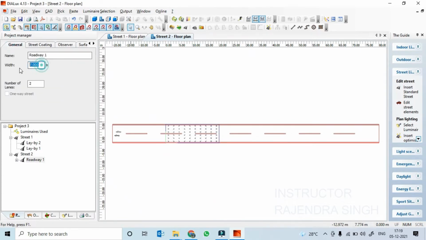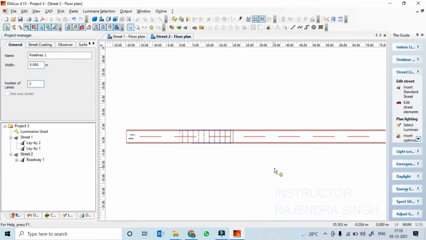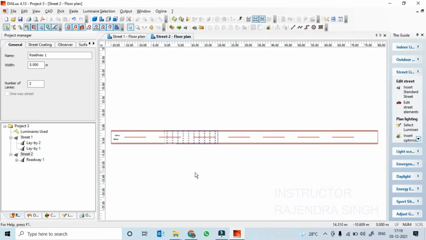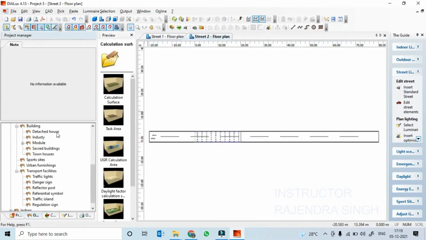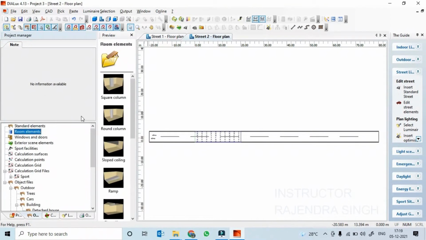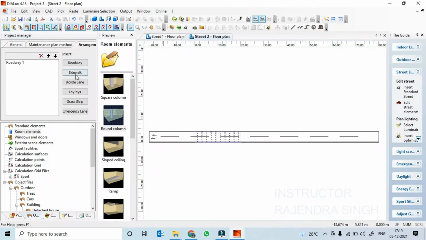Let us put the lighting poles. So what we'll do, go to the objects, room elements, can put a round column. Standard elements, vertical cylinder.